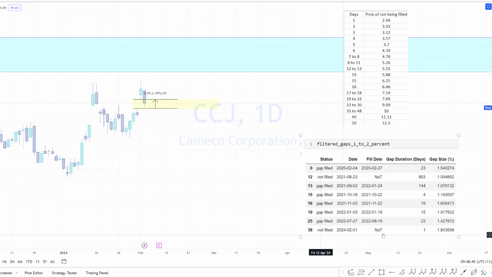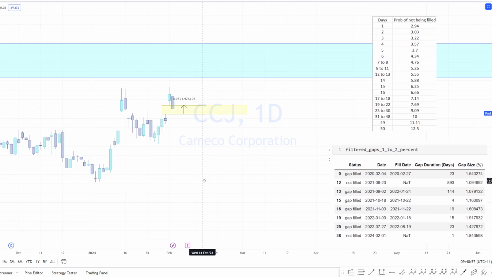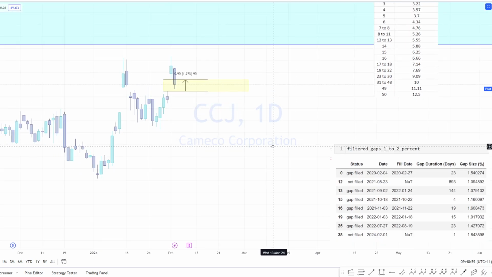But nonetheless, I thought that was just kind of interesting. Here's the thing: how would you use that? Well, I would suggest that just looking at this information, it would be a bad idea to chase gaps, because the chances are that the gap's going to get filled in. Not necessarily, they don't all fill, but the odds are in your favour of waiting for that gap